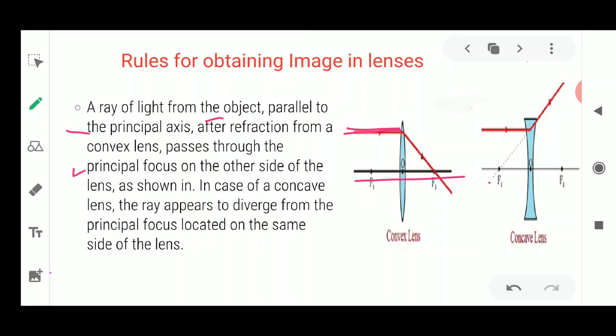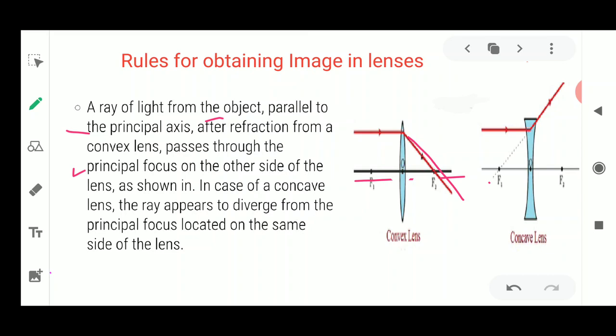So where is this refraction taking place? Again, the refraction takes place where the lens comes in contact with the incoming rays. Whenever the medium changes for a ray, it is going to bend. So this ray bends inside the lens and comes out from the other side. After refraction, it passes through the focus. This is also known as the principal focus; the focus and the principal focus remain the same.